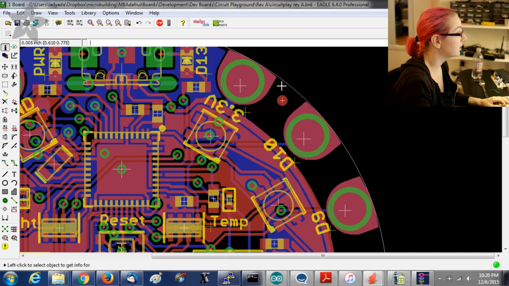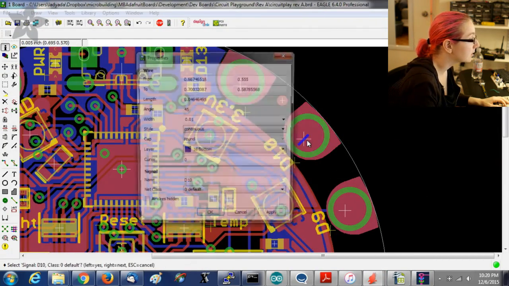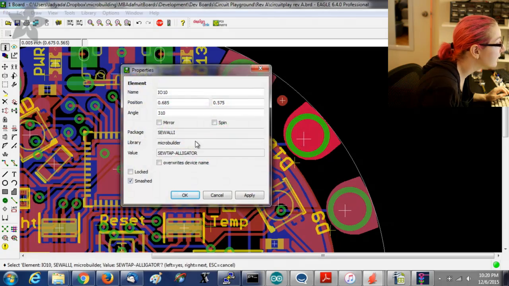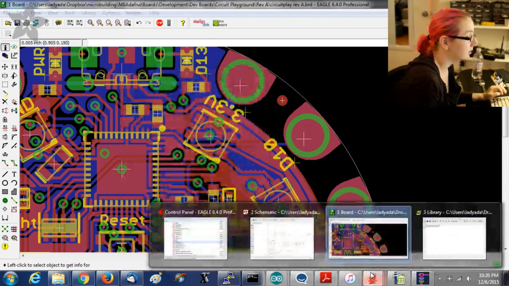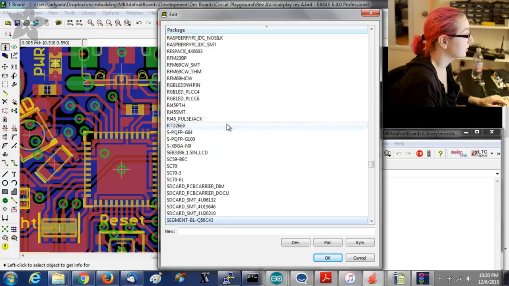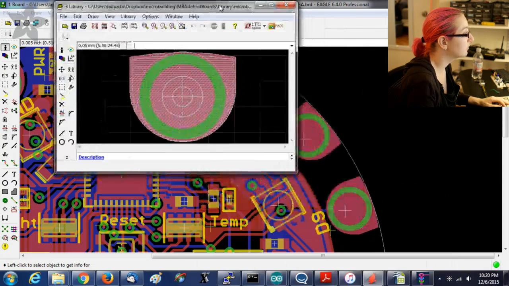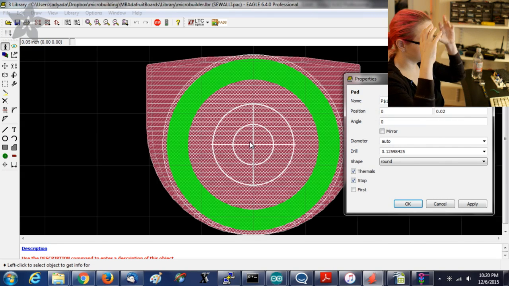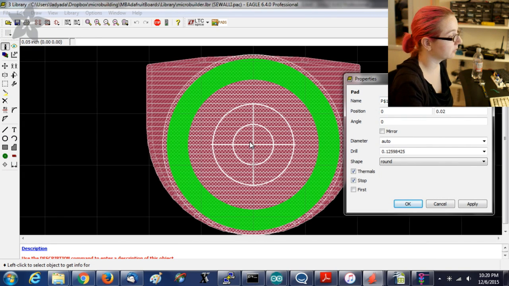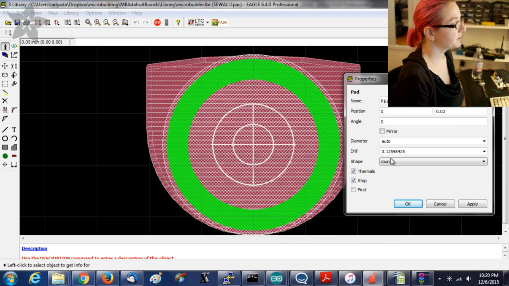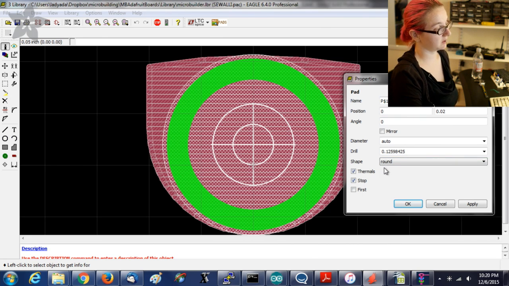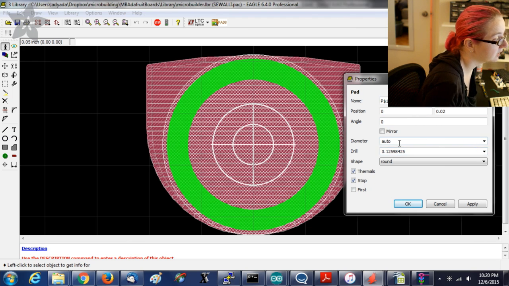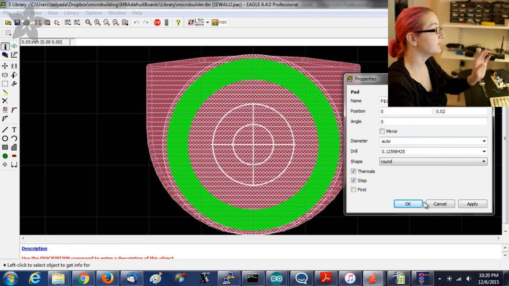sorry, let me see, what was the name of this again? This was called SOTAP/alligator. Click on the thing. SoAlli, okay. So what you do is you create the pad, which is the actual through-hole pad. It's a through-hole piece. You just make the drill as big as you can, or as big as you need. In this case, it's an 1/8 of an inch, and you can set the diameter however you want, and then you draw